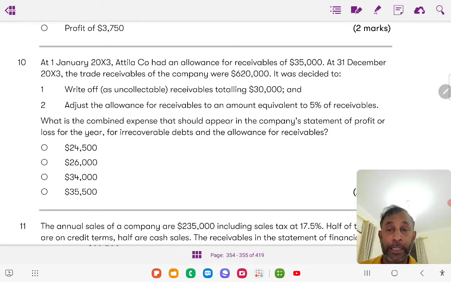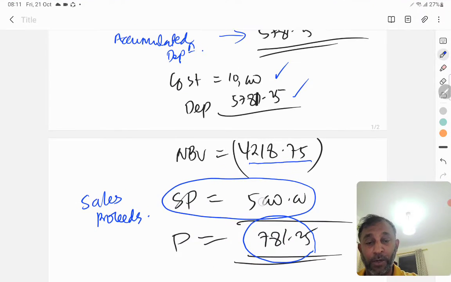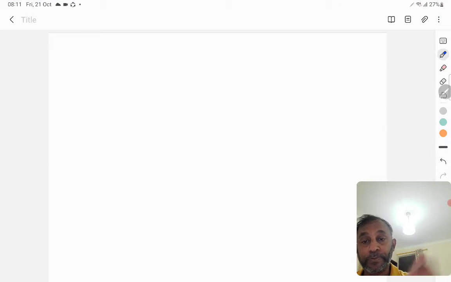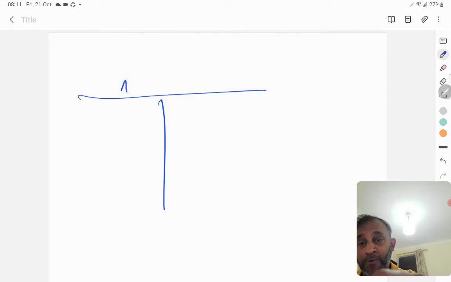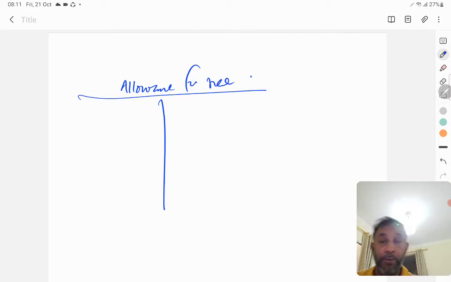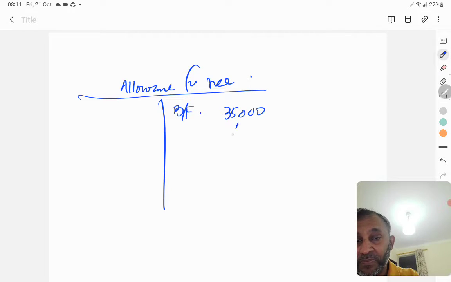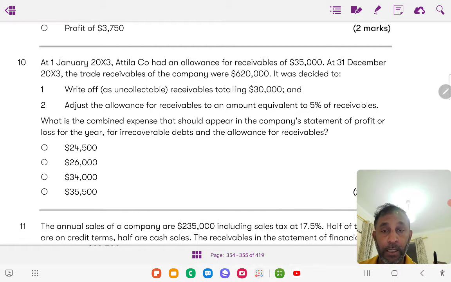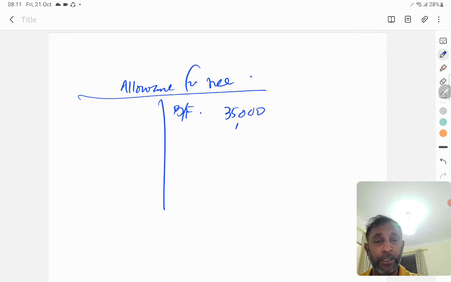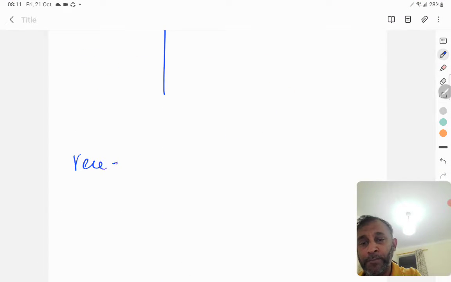At 1 January 2013, a company had an allowance for receivable of 35,000. What you do here now, you open an account for allowance for receivable. You have an opening balance of 35,000, and then they also say there's a receivable of 620,000. So you have receivable